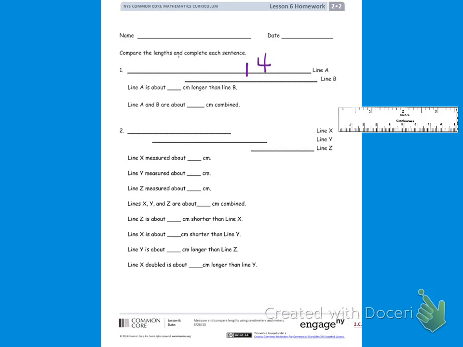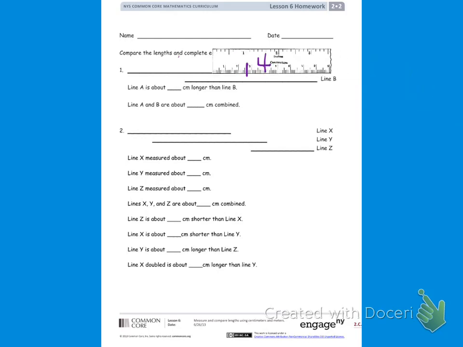Using my previous lesson objective, by using an estimation strategy, I can predict, looking at line B, it looks smaller, that line B will be less than 14 centimeters. So I know if I come up with something more than 14 or even close to 14, I probably made a mistake. What I'm going to do is take my ruler again, start at the edge of line B, and again my ruler does not go all the way to the end of line B, so I have to stop, make a mark at 9 centimeters where my ruler stops, pick it up again,